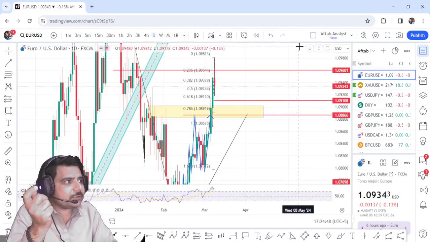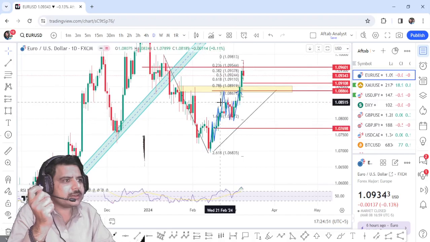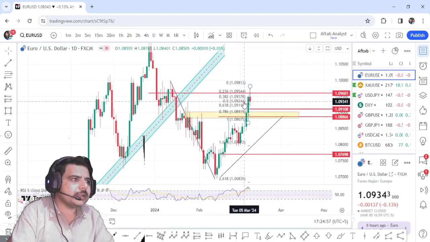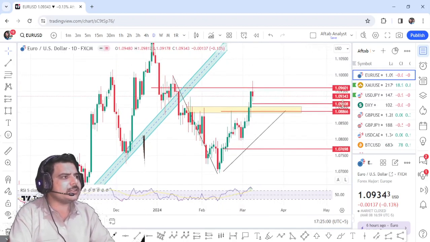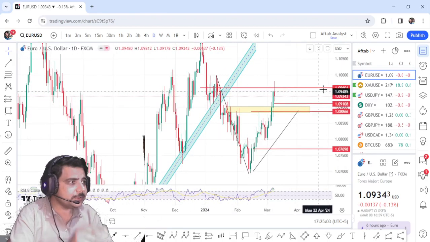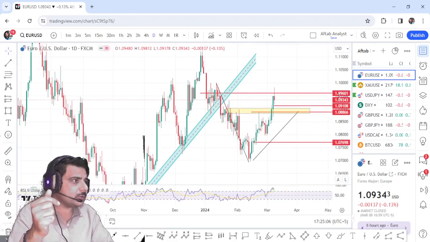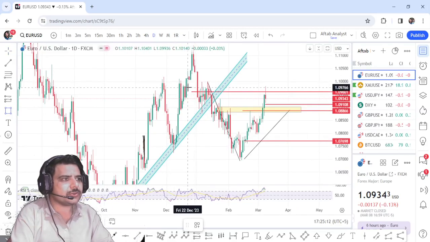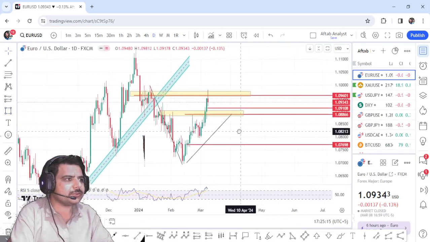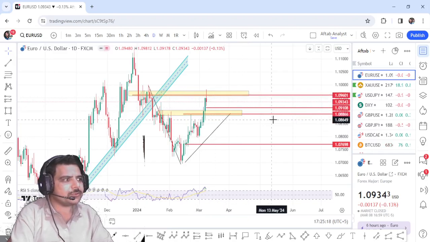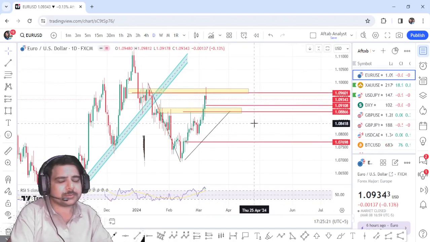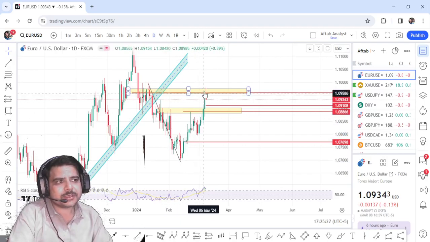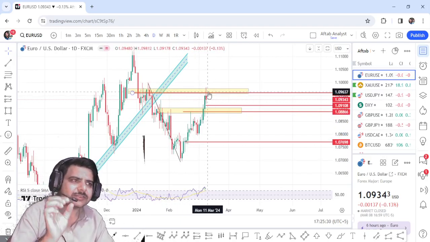Now let me run a little bit of analysis over this euro US dollar, and let's delete these lines. I want my chart to be very clear and clean enough. Okay, that is fantastic. Different levels you can see on my chart at this present moment. One obviously is 109,601, and we have got a very strong resistance right here for the weekly traders. So let's see, the market may drop towards 108,866 in the upcoming week, but since I'm a Fibonacci trader, those traders who took buys from here, I highly recommend closing them right now. This is the right place.